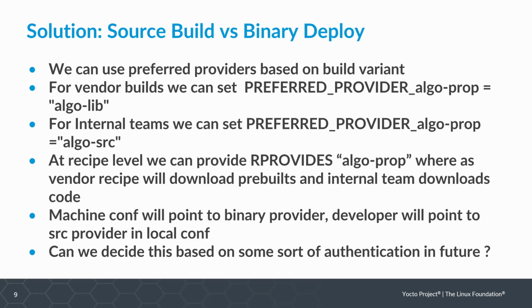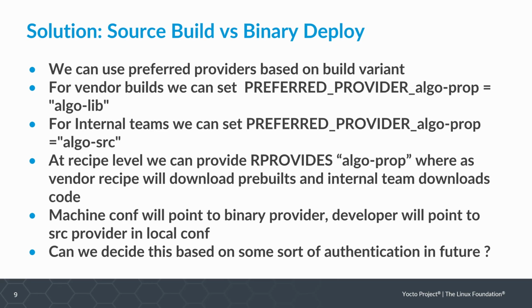That can be set at the recipe level, where a particular recipe provides the same recipe name, but the preferred provider will differentiate between a library or a source. This gives flexibility so that, based on build variant, we can give a binary to someone, or we can give a source build